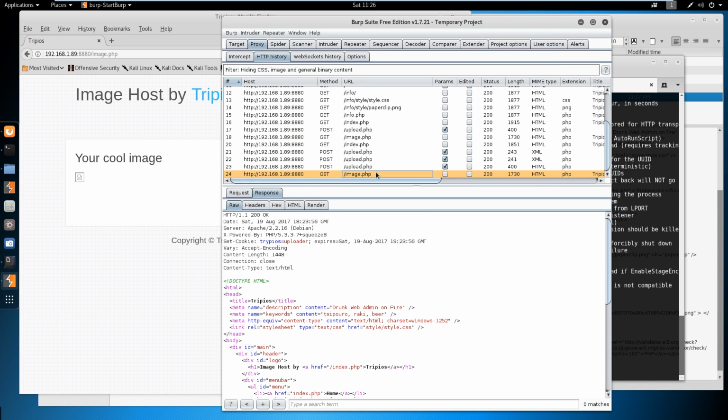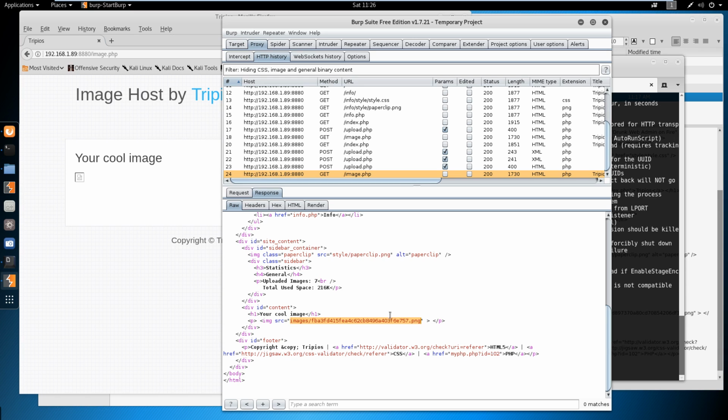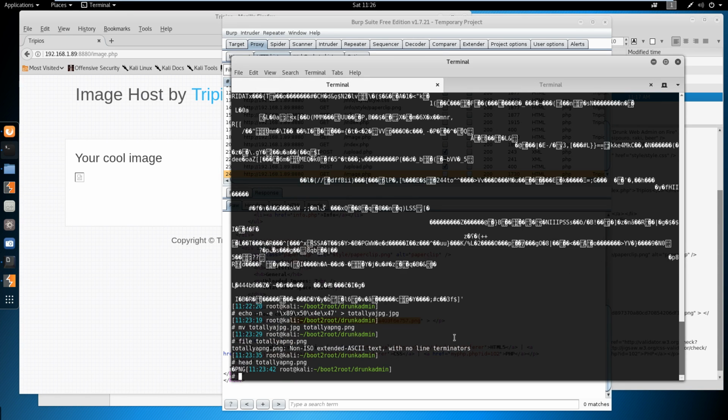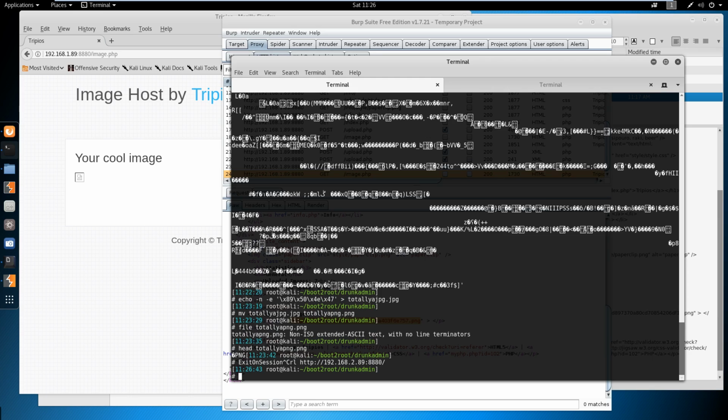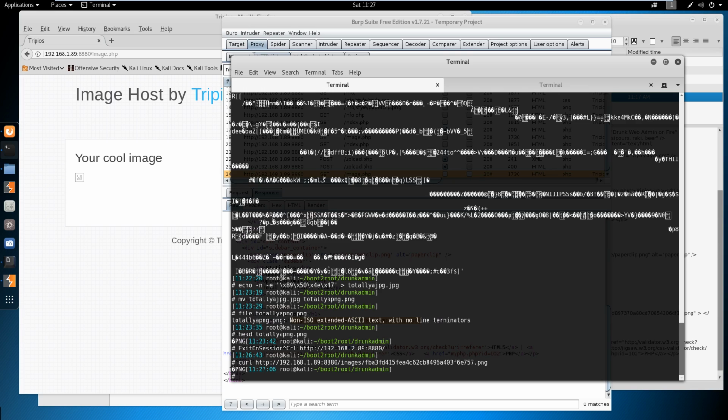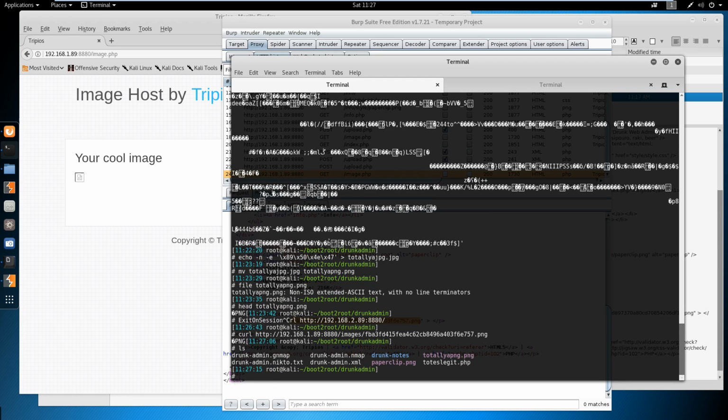Let's take a look at this. So this is the PNG. If we just curl 192.168.1.89 port 80, and then whoop, 1.98, 80. Oops. We're dumb. I'm dumb. You guys, you're not dumb. But so if you'll recall,